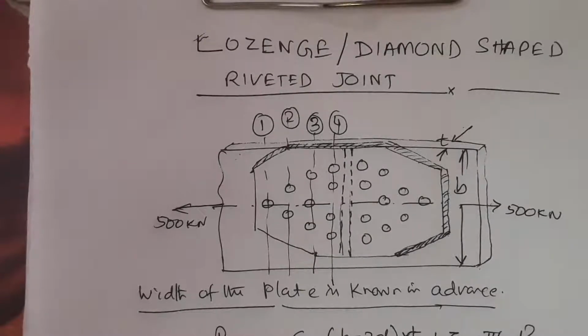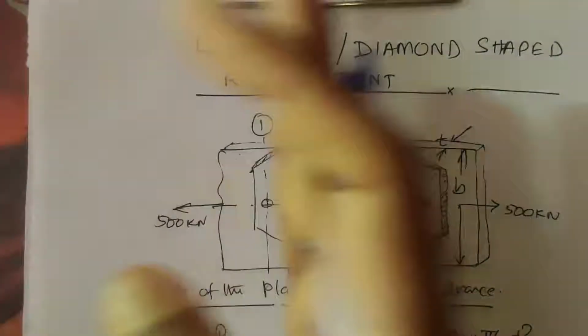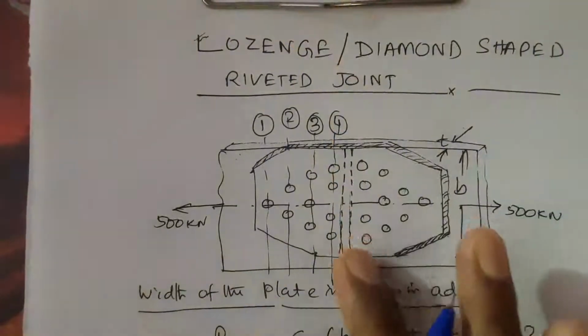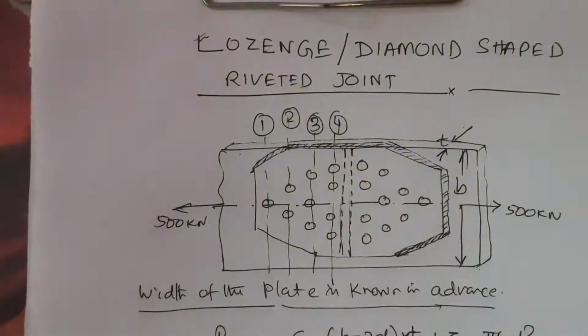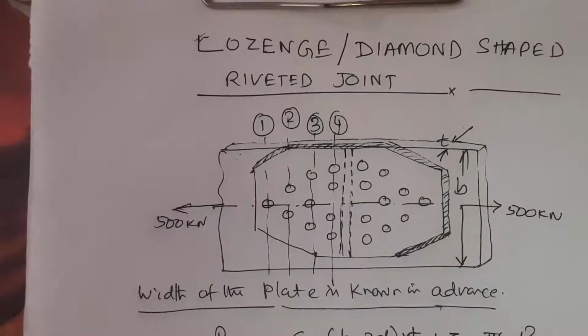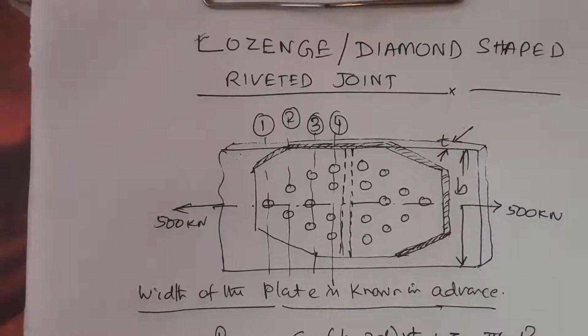These joints have uniform or equal strength in all modes of failure. There are several modes of failure: crushing, tearing and all. It can fail in one section, it can fail in two sections, it can fail in three sections, and it can fail in four sections. Almost all these sections have the same strength. Marginal adjustments in calculated dimensions may slightly reduce or increase the strength in a particular section or mode, but the overall strength in all the failure sections and failure modes will be the same.